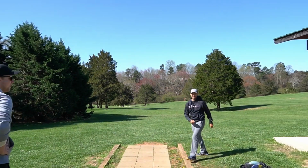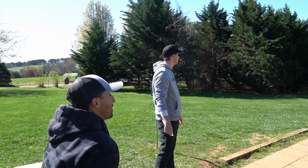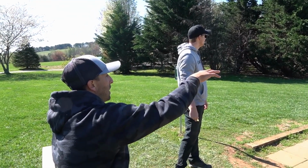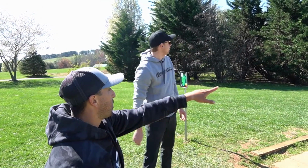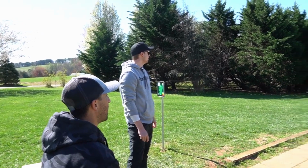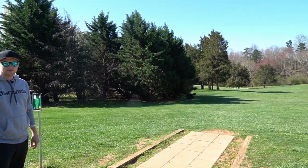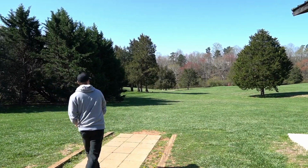It's a putt. All right, Simon, here we go, smart line. I don't want to go too big because there is a big hyzer, but go, yeah, just a soft little hyzer through that. Soft little hyzer. And you want to just go barely around that tree right of the basket because it's about 40 feet past that tree. Mid-range or fairway? Mid-range. Mid-range. Normally I would go that way. Yeah, normally I know. But...